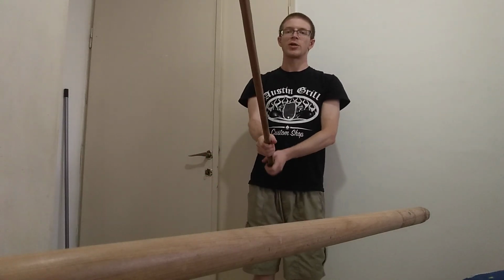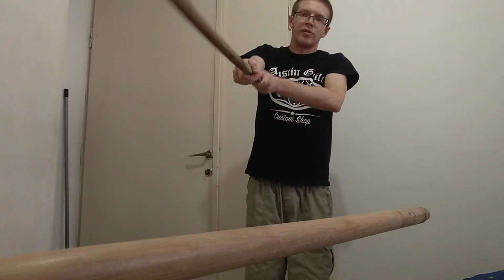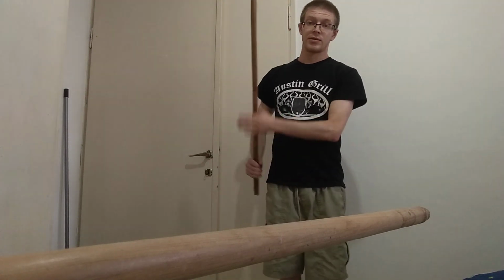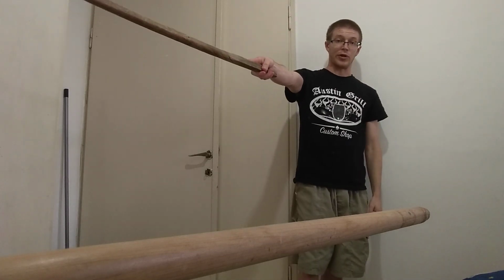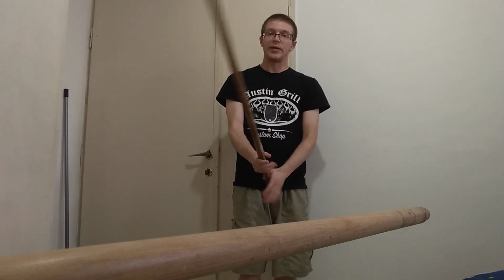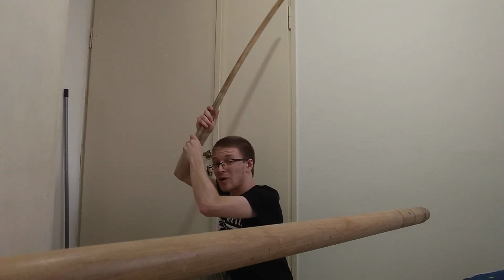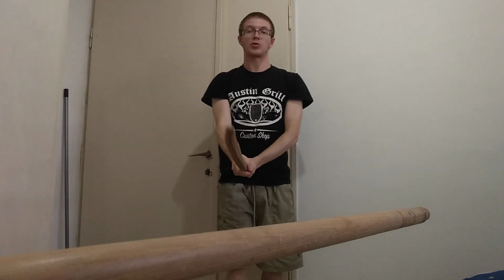And another mistake you want to watch out for is, in a lot of people's overzealous nature, they want to do this. This is called the mistake of the short sword. This is not a short sword. This is a long sword. This is a sizable apparatus that increases my length of reach by a considerable amount. So when you're doing this cut, it's very important that not only you do the proper motion of raising it here, this is about as far back as you want. This is optimal. Masters, I've seen, will just bring it up and